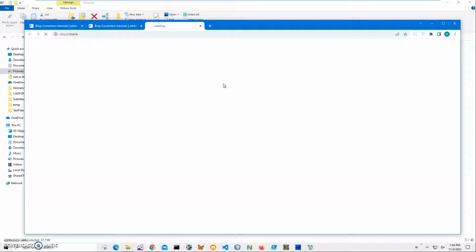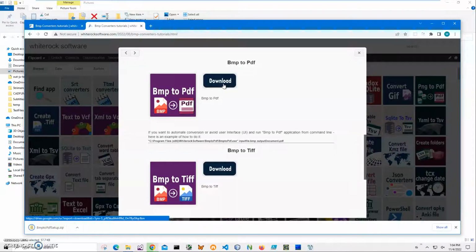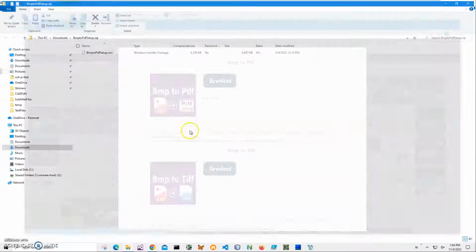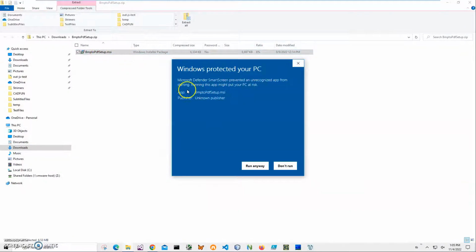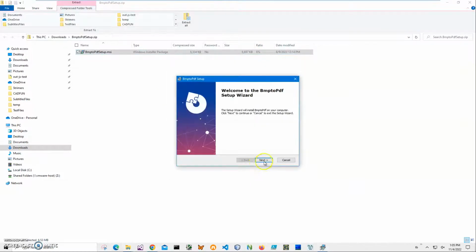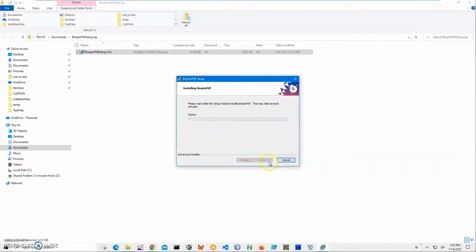We are waiting for the file to be downloaded from Google Cloud. You can see the archive has been downloaded. I will click on the downloaded archive, double click on the MSI inside the archive to start installation, click on more info here. I'm getting this screen from Windows because I'm not a registered publisher with Microsoft. You can see publisher unknown. So I'll just click run anyway to start installation, click on next, install, click on yes and click finish on